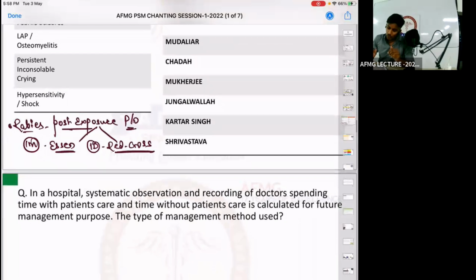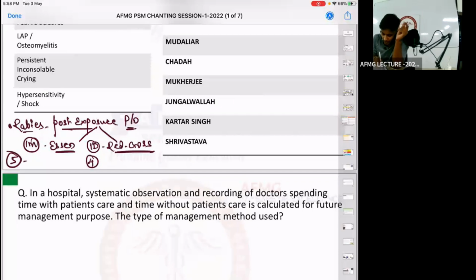Okay? Now, in the SN regime, how many doses are given? In the SN regime we give 5 doses, but in intradermal we give 4. So in Red Cross we only give 4 doses. How to write it? Once I will write in 0-3-7 format and next I will write in 1-1 format. There is no space here, check it.